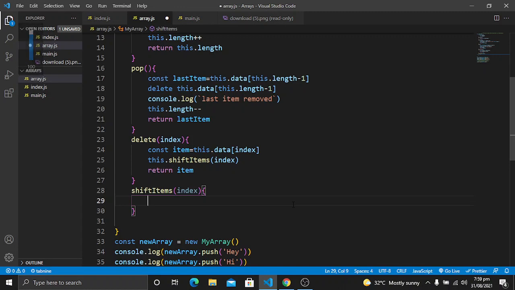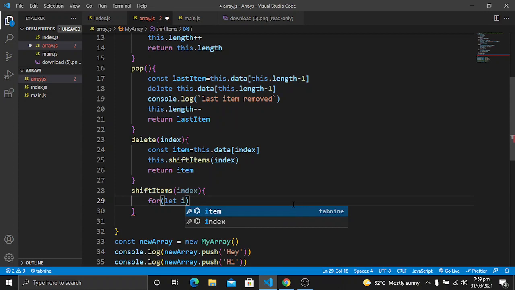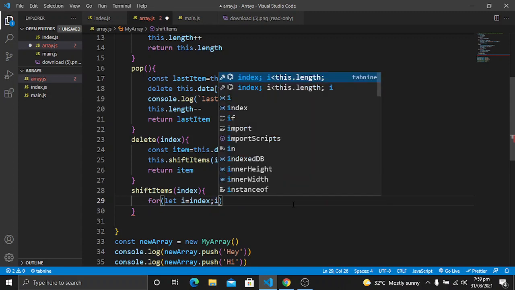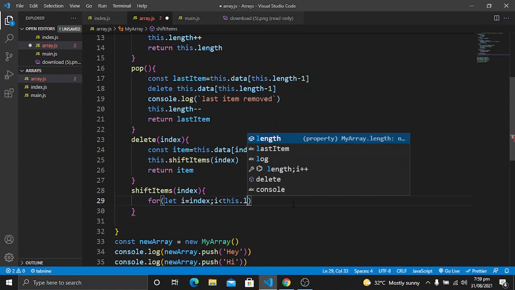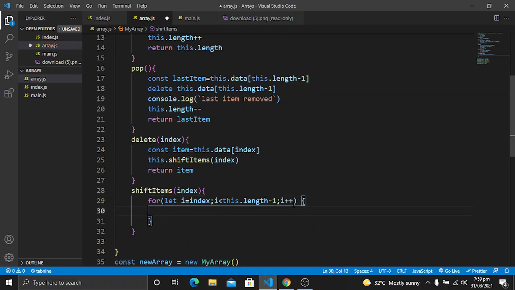Now we will create a for loop here. The for loop will be i equal to index, the index that we receive from the parameter, and then i less than this.length minus 1, then increment i. Now what this function will do is, for example, I have given the index of 5, so let's say the item at 5 is removed in our array.